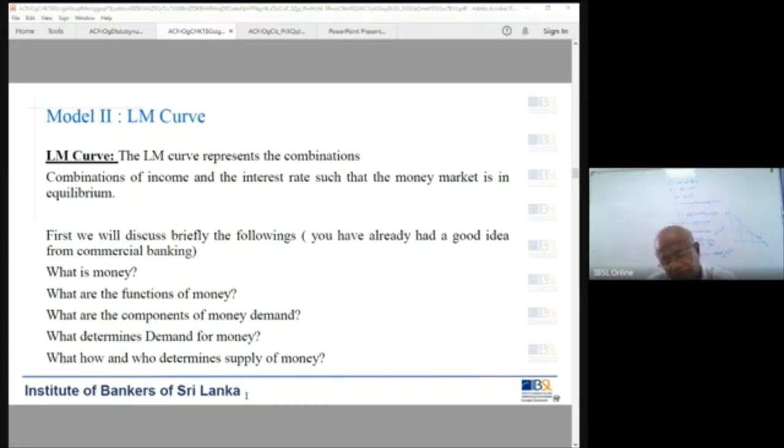One of the factors is interest rate, the real interest rate. Another factor is income, your income. Think about households, not the economy-wide. Here we discuss the economy-wide demand for money, but let's say household. When a household is getting richer and richer, when income increases, demand for money increases.